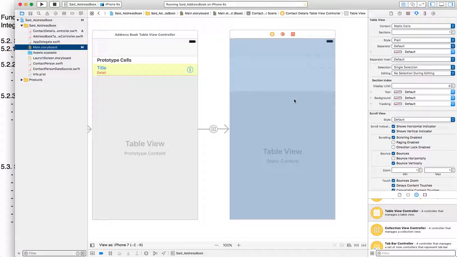When I set it up to static cells, I can specify how many sections I want. I can make it plain or grouped, and if I do grouped, it gives me a header and a footer. I can create a separator, single line, and you can give it any color you want. And you can give it an inset or not. Single selection or no selection. So the table view will have one section,